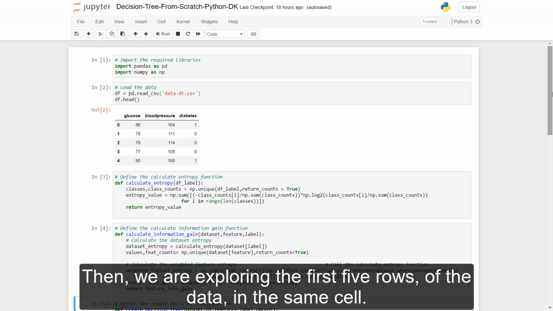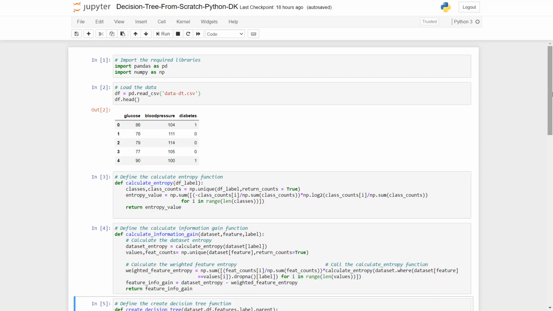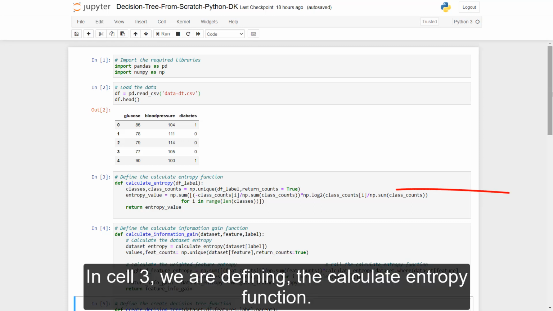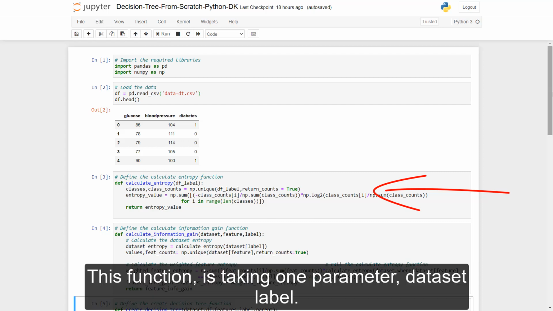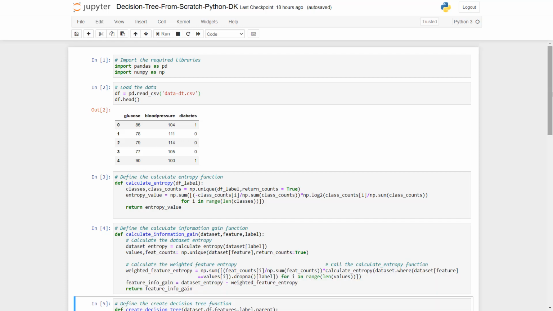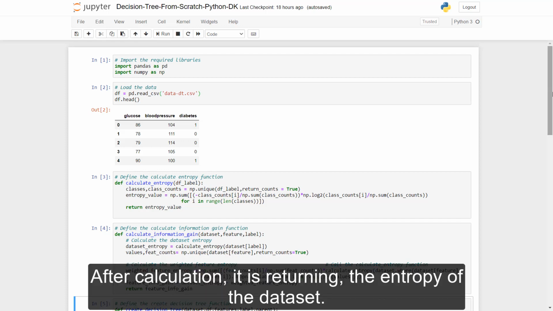Then we are exploring the first 5 rows of the data in the same cell. In cell 3, we are defining the calculate entropy function. This function is taking one parameter, dataset label. After calculation, it is returning the entropy of the dataset.